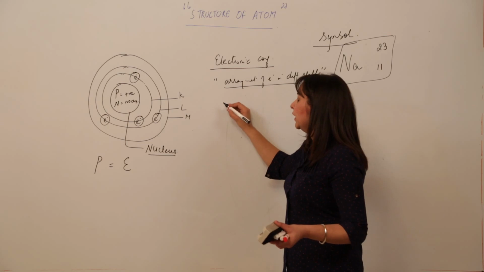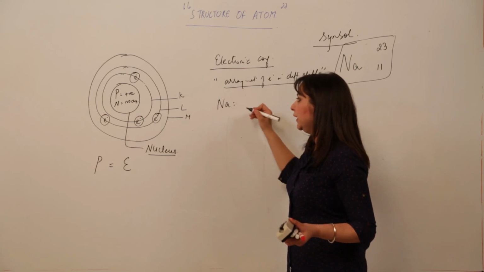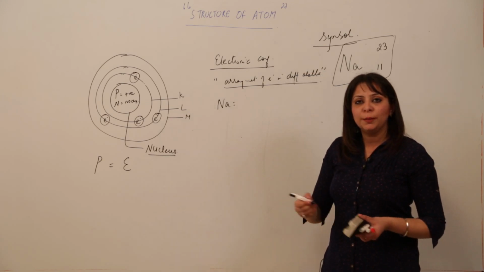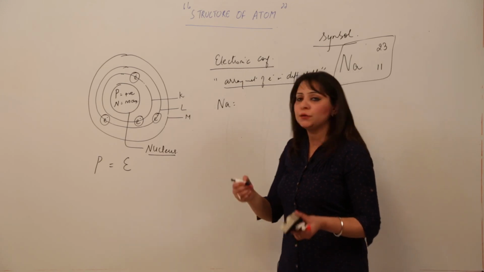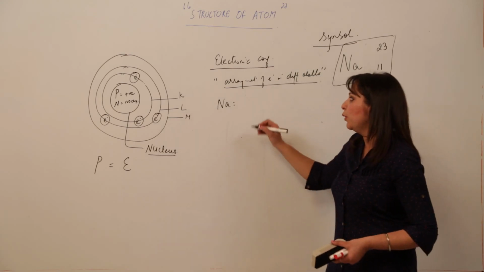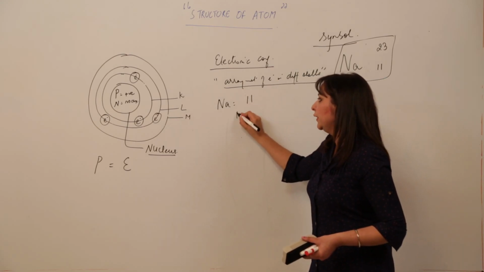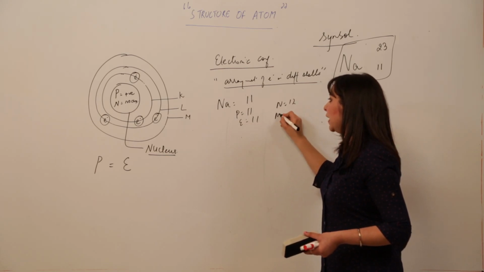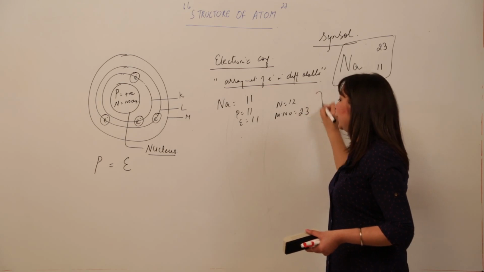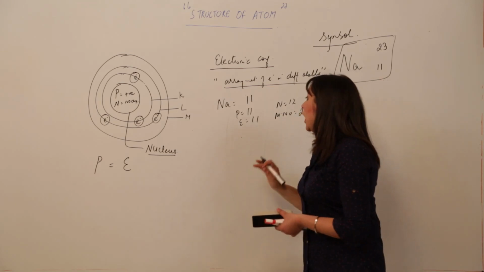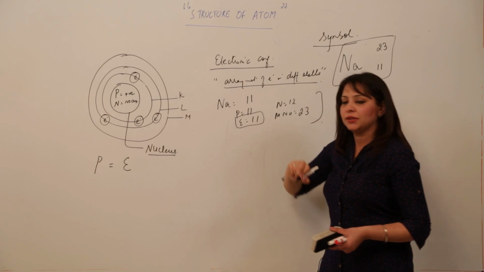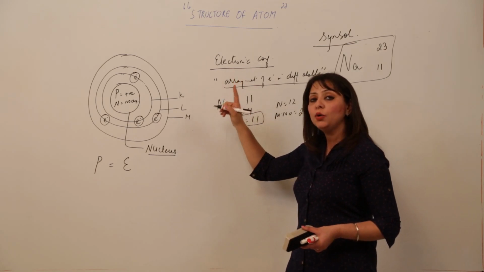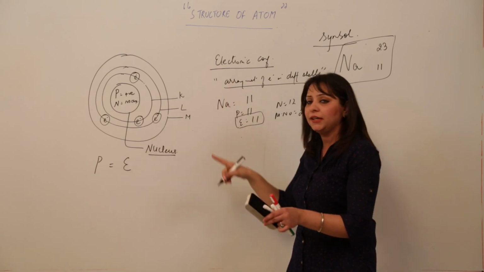Like we take an example of sodium. Again we are taking sodium, then we will take some other example, because you are familiar with its atomic number, mass number and number of neutrons, so that is why I am taking the same example. So look at the board, atomic number is 11, so I told you proton 11, electron 11 and neutron 12, mass number 23. This you already know how it comes. So how are these electrons arranged? The electronic configuration shows us how the electrons are arranged in the definite orbits.